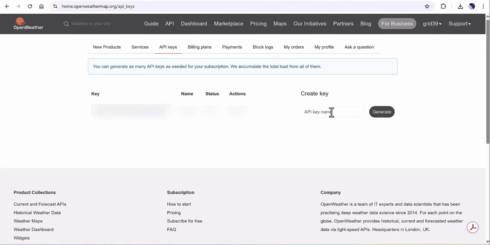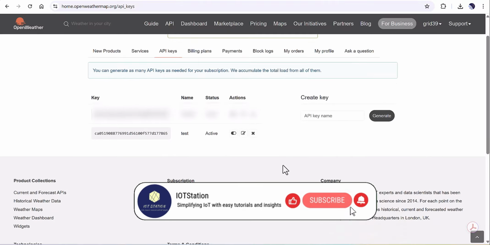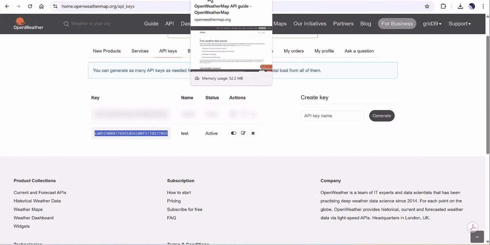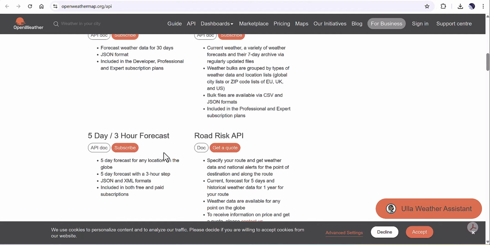So I'm going to generate another API key just for the purpose of the test, and we will use this API key to connect with the system to get some information. Okay, so before we get it, I think we need the API documentation,